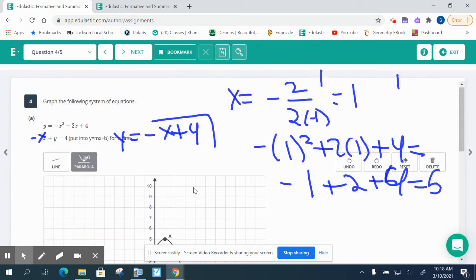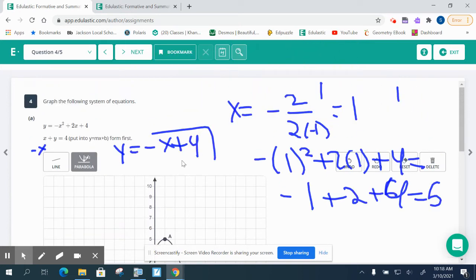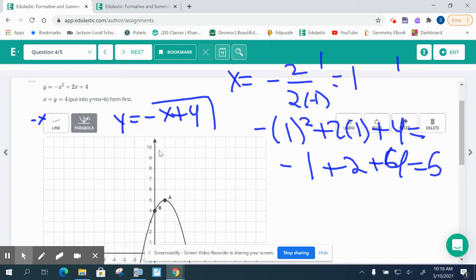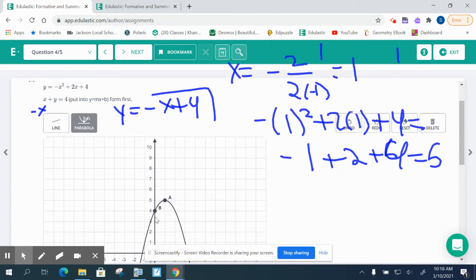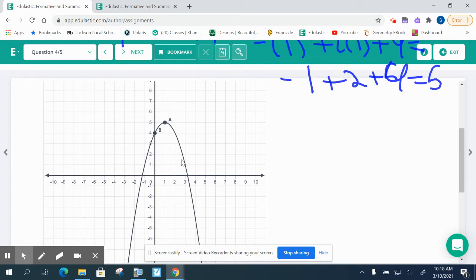And that's what that one looks like. Okay, and then you would plot this one, y-intercept of 4, slope of negative 1. So here, then go down 1 over 1 to get another point. And then for your